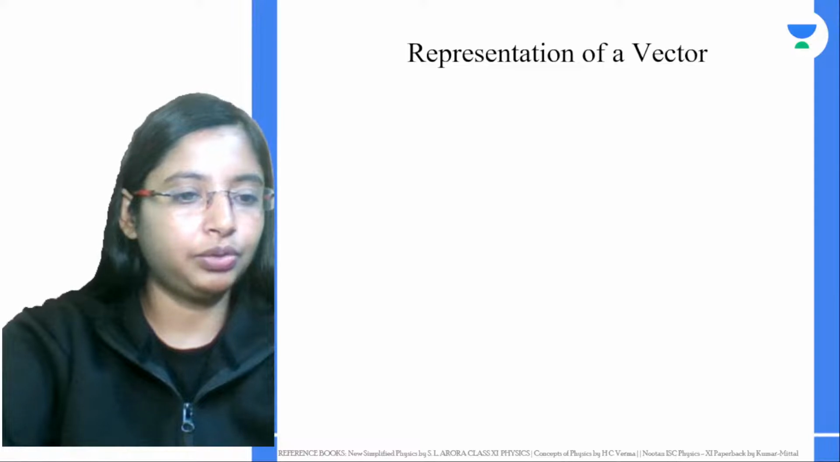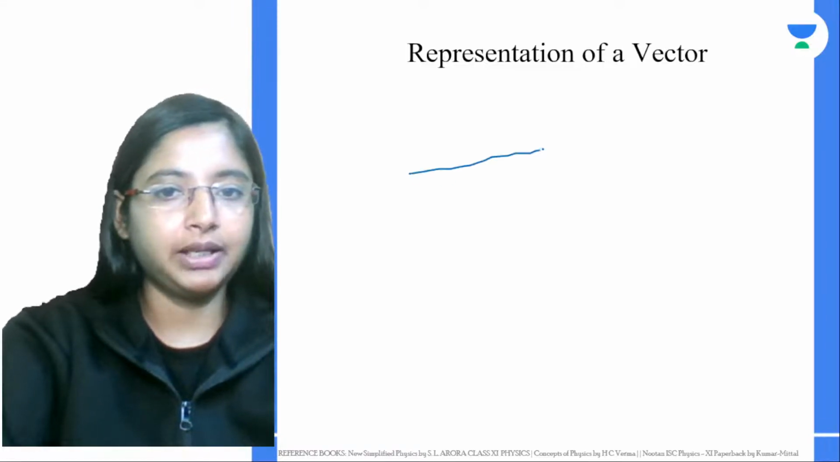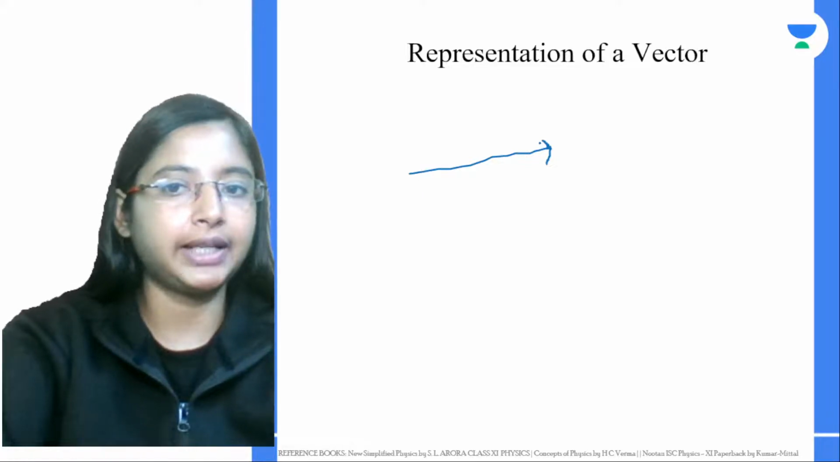Then you can actually represent it by a straight line, right? Let's say it's going in this direction. Now, what is the length? The length of this particular vector gives you the magnitude of the vector, and the arrowhead points